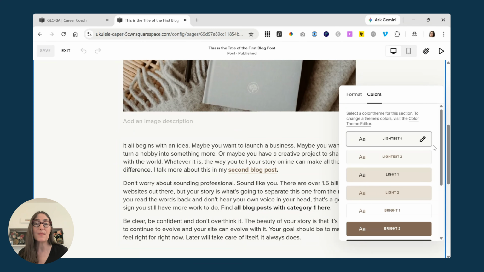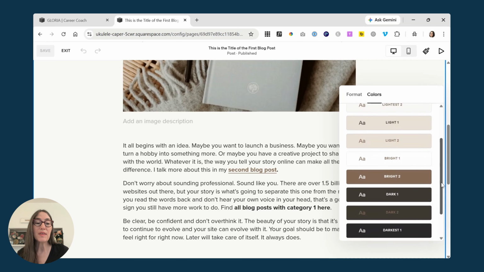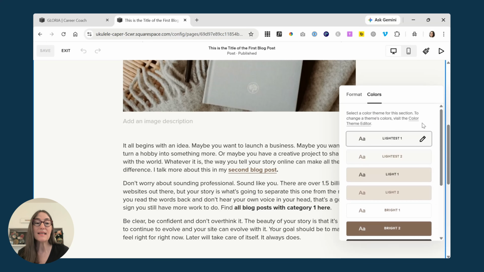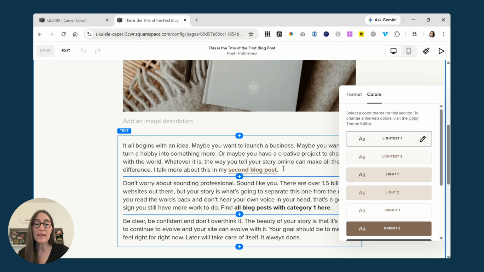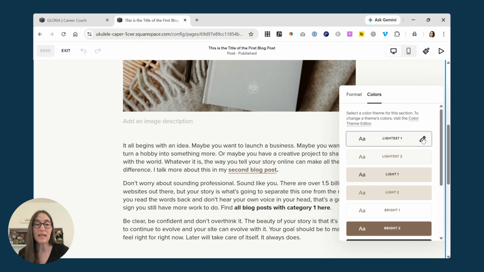So if you don't know anything about Squarespace website colors, this is a little crash course. Your website is made up of different color themes. Every section on your website is assigned to one of these themes. So if I change the color of the links, it's only going to change it for this theme. So you may have to do this for different themes, but for all sections on my website that are using